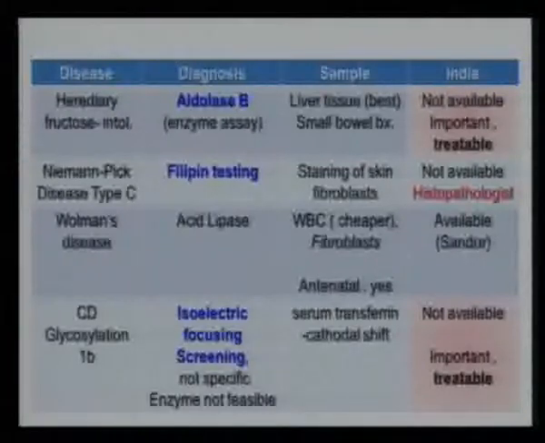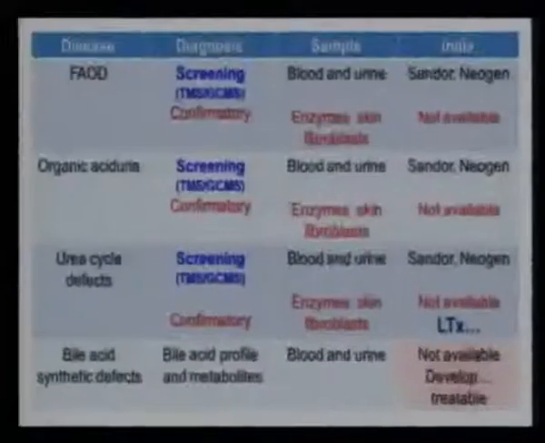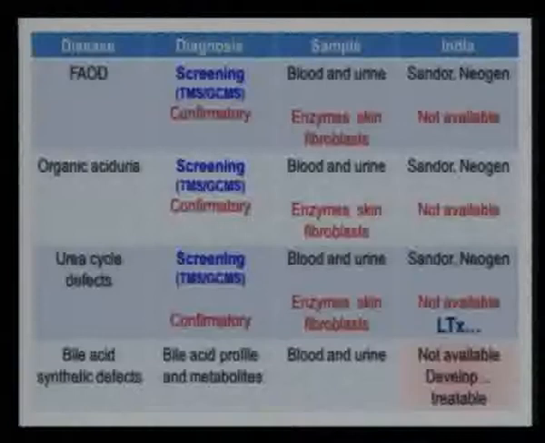CD glycosylation 1B, isoelectric focusing screening, although not specific, enzyme is not feasible because most of the labs don't recommend it. Serum transferrin cathodal shift has to be developed, not available, important and treatable condition. Glycosylation 1B disorder. And then when we look at the fatty acid oxidation defects, we have the tandem mass spectroscopy,